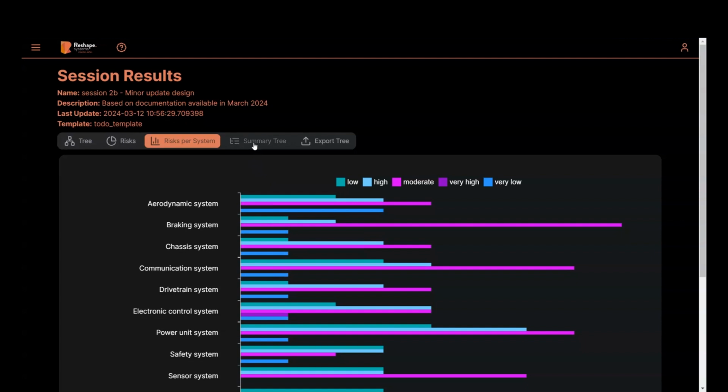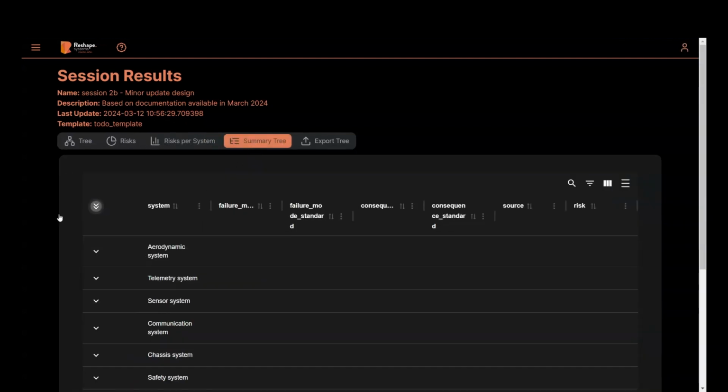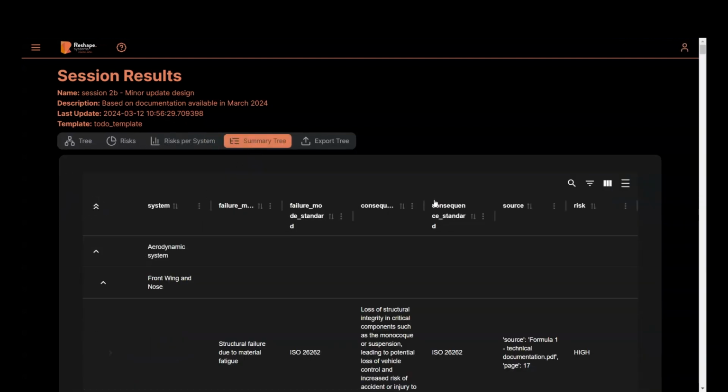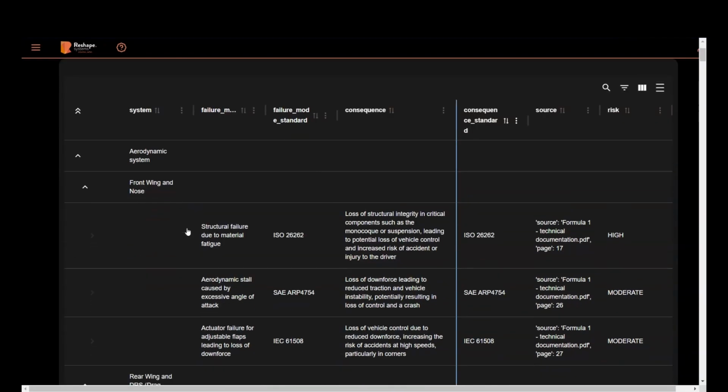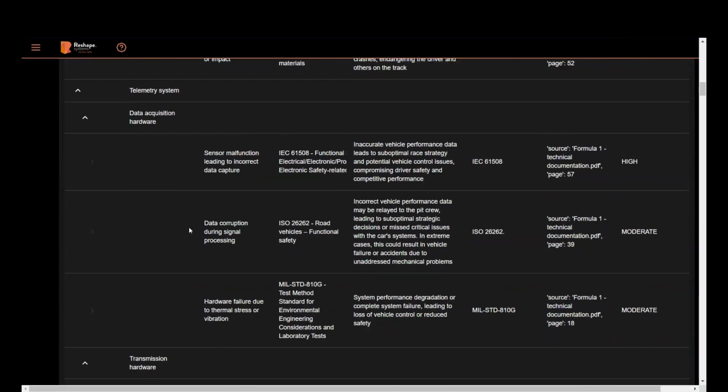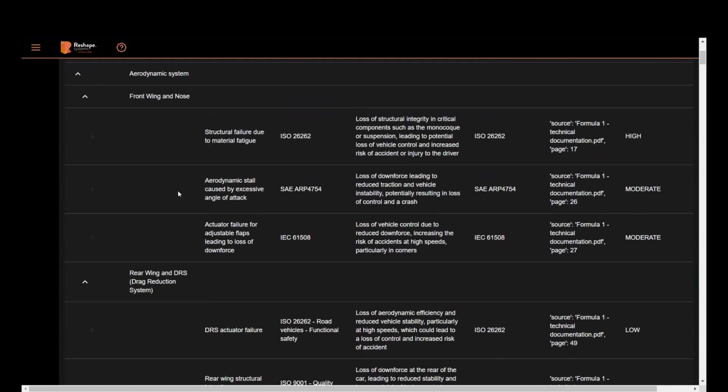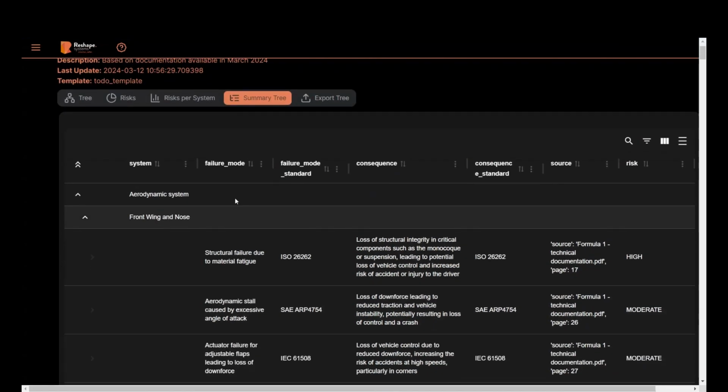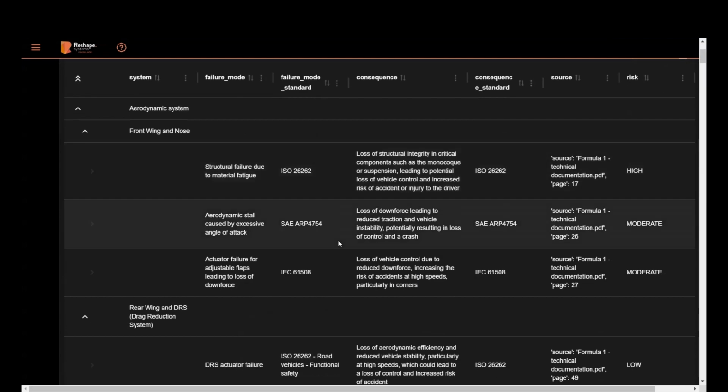project. And then you get what we call the summary tree, which is the most comprehensive overview of the results, which is nothing else but a very big table, as you can see, very big, very densely populated, with systems, subsystems, failure modes, consequences, and the relevant standards that were used to assess the failure modes and the consequences, the